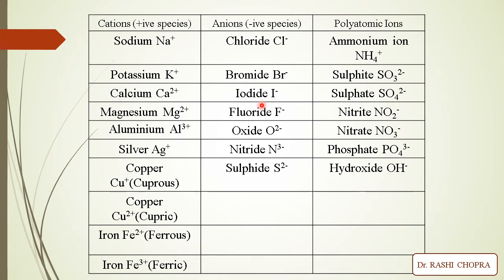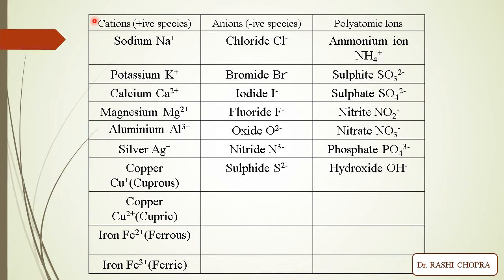When you are going to write the chemical formula of a compound, you should be very much aware of the cations and the anions that are present in that particular compound. Why? Because cations are called positive species, which have a tendency to lose their electrons, while anions are called negative species, and they have a tendency to gain electrons. So their charges are very important, because they will decide what the formula of the compound would be.